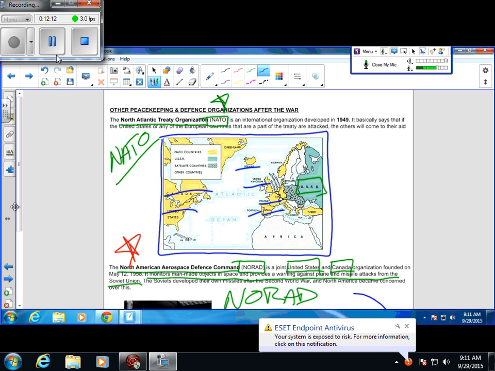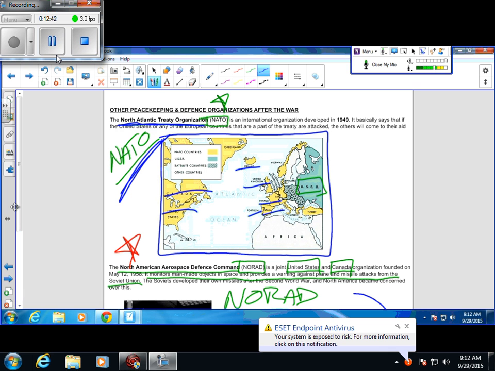Okay, so NATO. You'll see this fancy term again. Capital NATO, a little acronym. So make sure you understand and know what NATO stands for. NATO stands for North Atlantic Treaty Organization. You can all say it with me if you want: the North Atlantic Treaty Organization. Make sure you remember what NATO stands for.